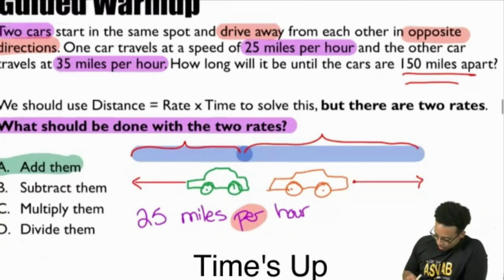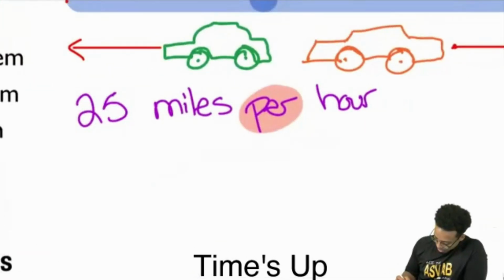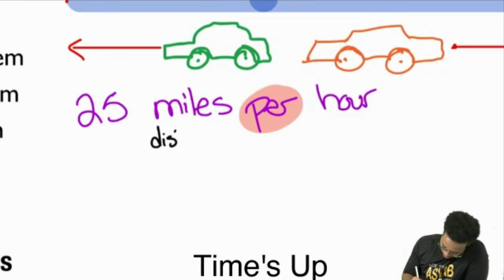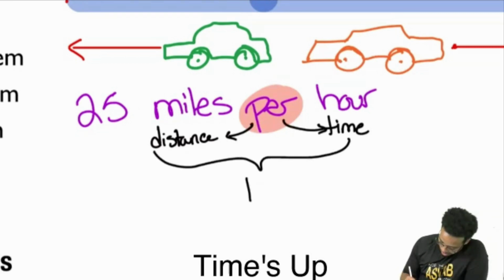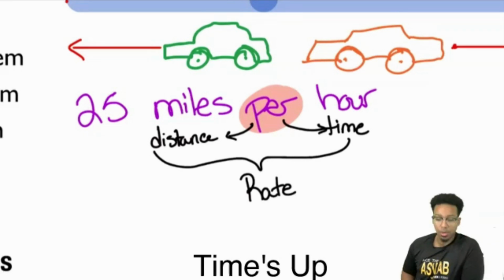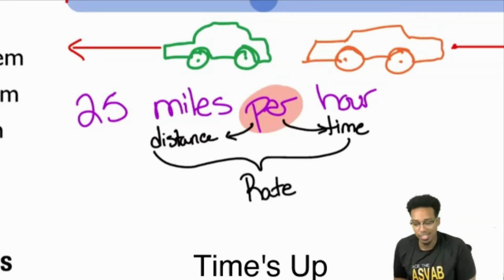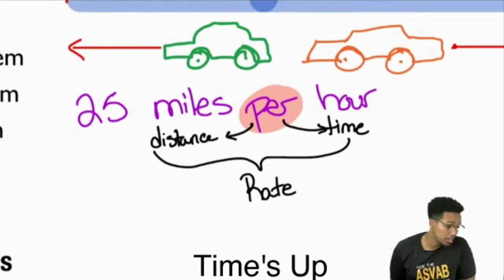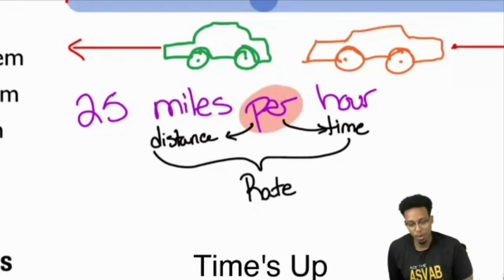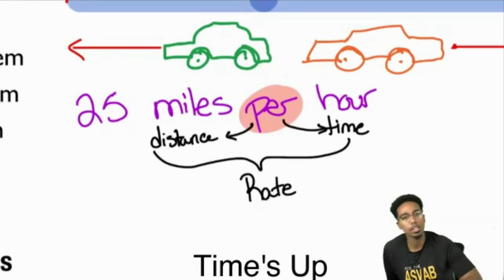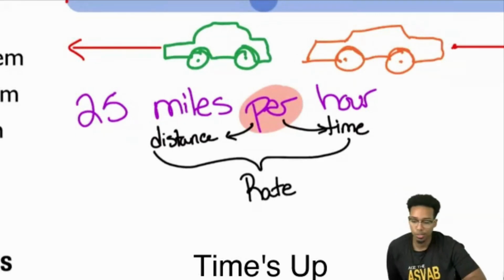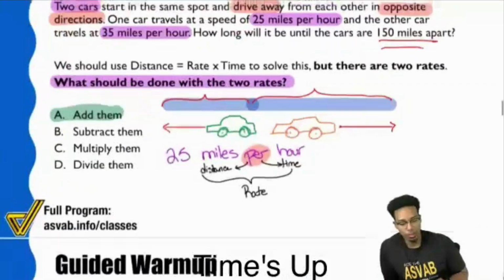So again, remember this right here. This is a distance. This is a time. Per connects the distance and the time to make a rate. Because a rate tells you how quickly you're getting to the distance in time. So remember together, it's the word per. So if you have a cat, just look at your cat, be like per, speed, cool, do your thing. So with that said, there's the first question here.